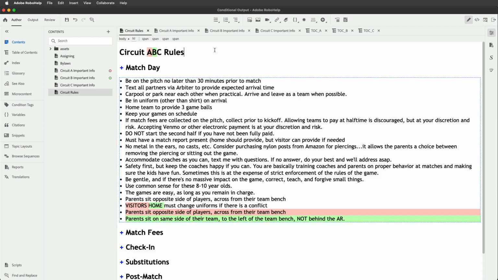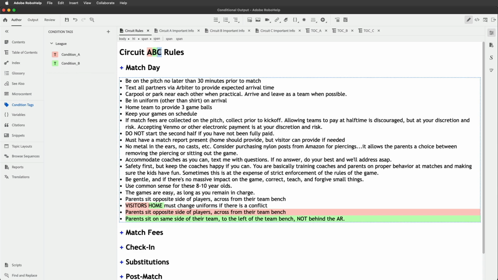In this session, we're going to show you how to work with conditional tags. And you can see in this example, I've got conditional tags set up for condition A and B. And then in my title, I've got circuits for A, B, and C. So I'm missing one of my tags. I just deleted one of those so that I could re-add it and then build up this example. So we're going to look at creating an extra condition tag. Those are things that you might know as conditional build tags if you are a longer-term user of RoboHelp. And then once we create that extra tag, we're going to learn how to apply it to pieces of content,